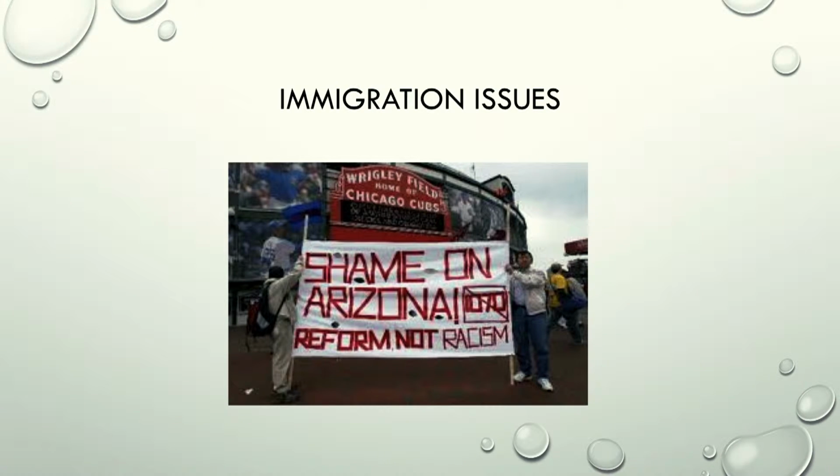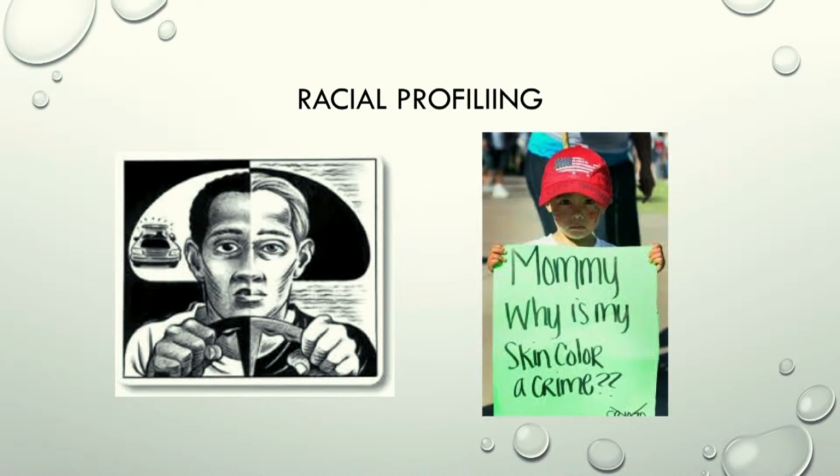We will discuss immigration issues. This slide highlights the immigration issues in Arizona. The protesters are in Chicago. But the slide raises a key question. When we are implementing immigration reform, is our objective reform so that we will have an immigration process that runs smoothly, or are some of the people who are implementing immigration reform operating with an objective akin to racism? We'll look at those issues in the class.